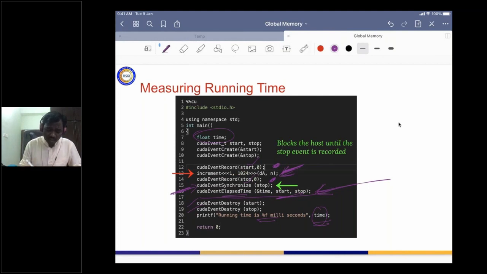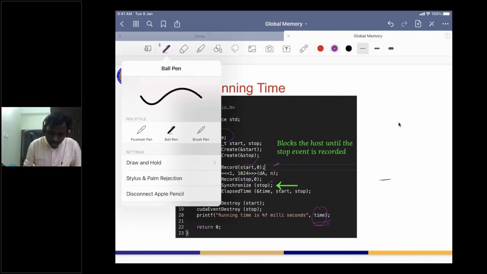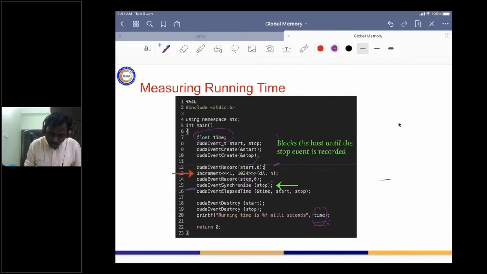And now let us discuss another point about the importance of cudaEventSynchronize. If we do not write this line, if we just erase this line, then the variable we are passing inside cudaEventSynchronize is stop.